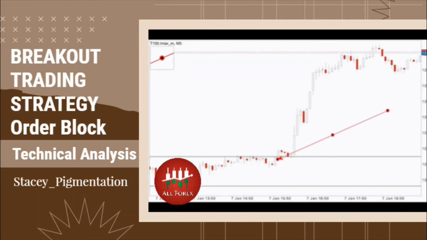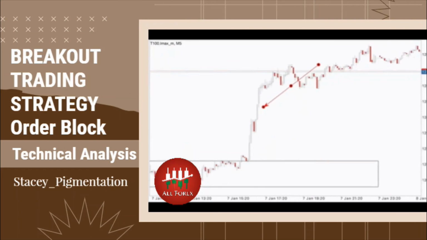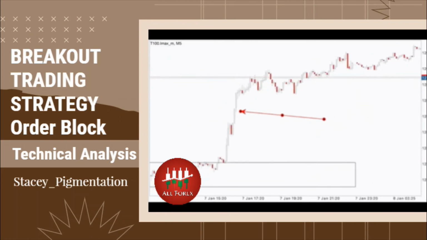You can tell it broke out, and the way it broke out, it didn't break up with a strong momentum. It broke with a slower momentum. So it came to test the resistance level, and then that's when it started exiting the resistance level. So you can check, and then it gives us another